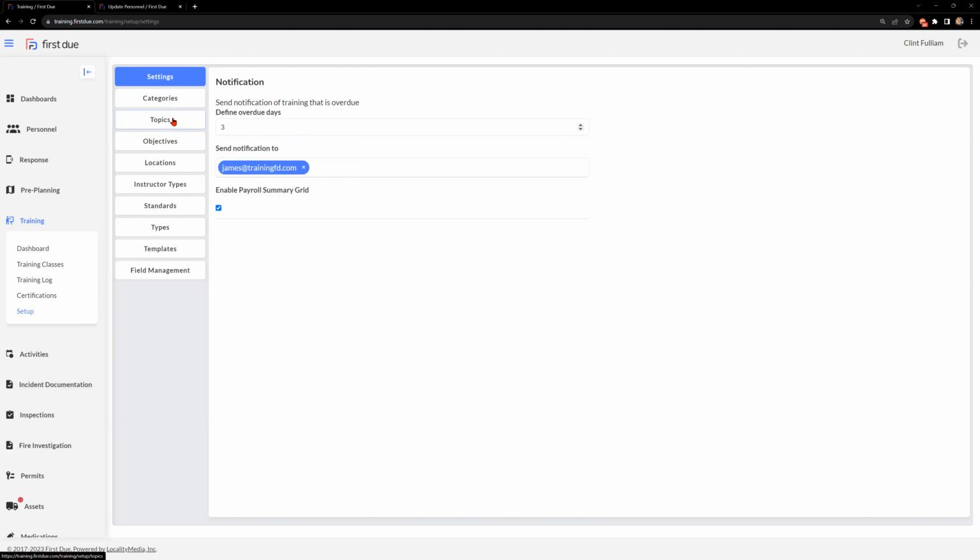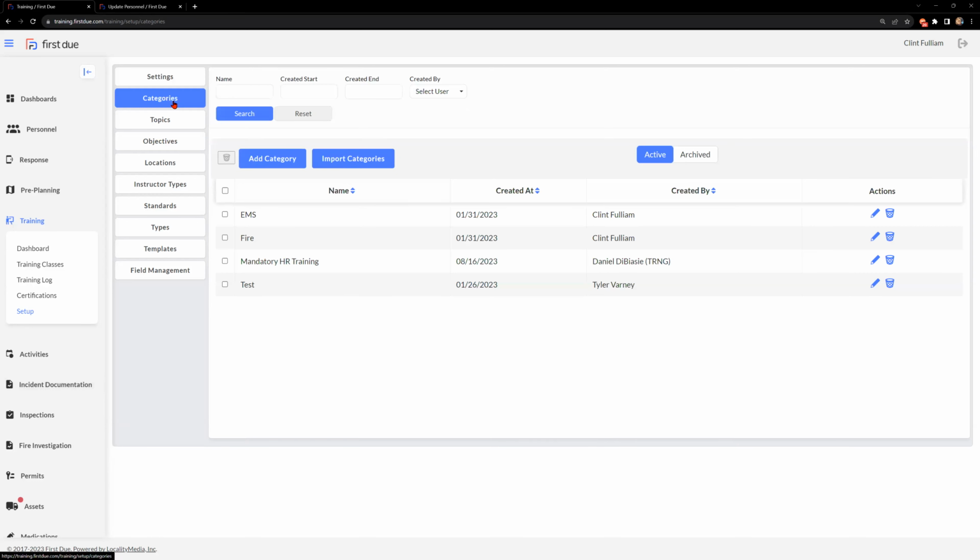Next 3 are the categories, topics, and objectives. These 3 are all very similar on how you build those out. But the first one we want to talk about is the categories. This is your main bulk. So this should have the fewest list in there. So as we talk about the categories, you can go EMS, fire, whatever those categories are going to have the bulk